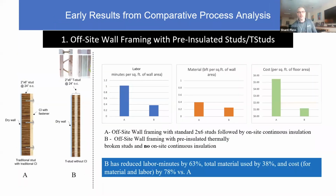And then the first one we're interested in is if we could use an insulated stud like this that gets you the R value in your wall systems without having to do the continuous exterior insulation. If those studs cost more, is it worth it? If those studs require additional different types of framing approaches in the factory, is it worth it, right? And so we can model that process using those tools and quantify the labor savings, quantify the material savings,